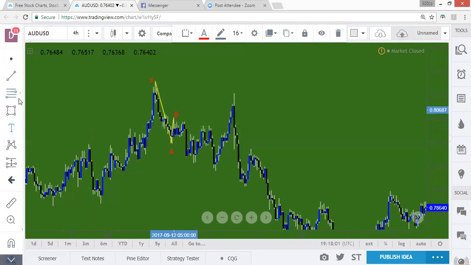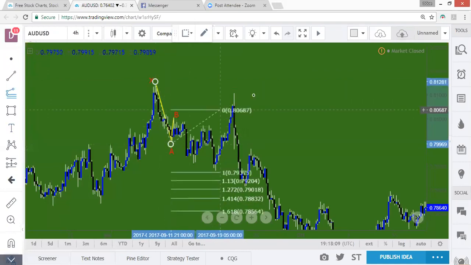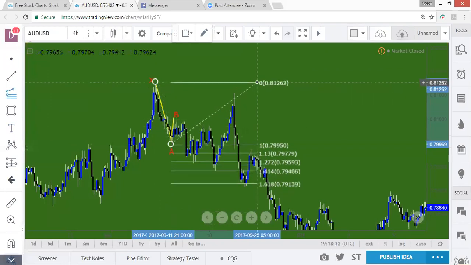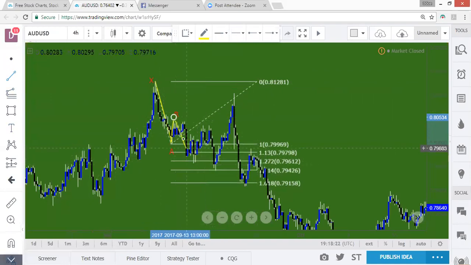Once the B move has been identified, we bring out the Fibonacci extension. We take it from X to A, back up to X. Knowing that we're looking for a minimum requirement for the market price action to extend down to the 127, we can see that it does. It actually extends all the way down to the 141, but again, it doesn't close above the 141. It touches the 141, comes back up to the 127 zone,